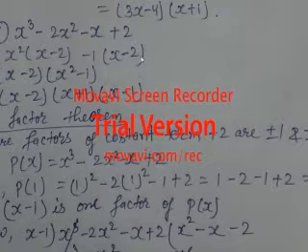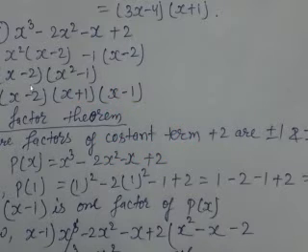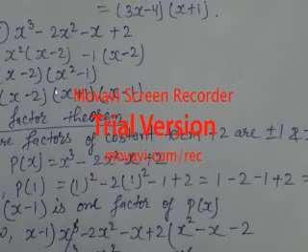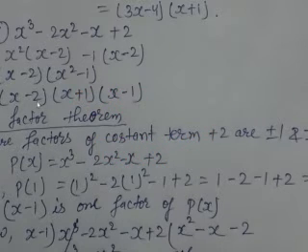Now x minus 2 is common in both, so x minus 2 has been taken common, and x square minus 1 it is, so x square minus 1 has been kept as it is, and we know a square minus b square. This we are reading from class 7 itself, the algebraic identities, that a square minus b square is a plus b times a minus b. So x square minus 1 means x square minus 1 square, so it becomes x plus 1 times x minus 1. So you can see it has been written x minus 2 times x plus 1 times x minus 1.